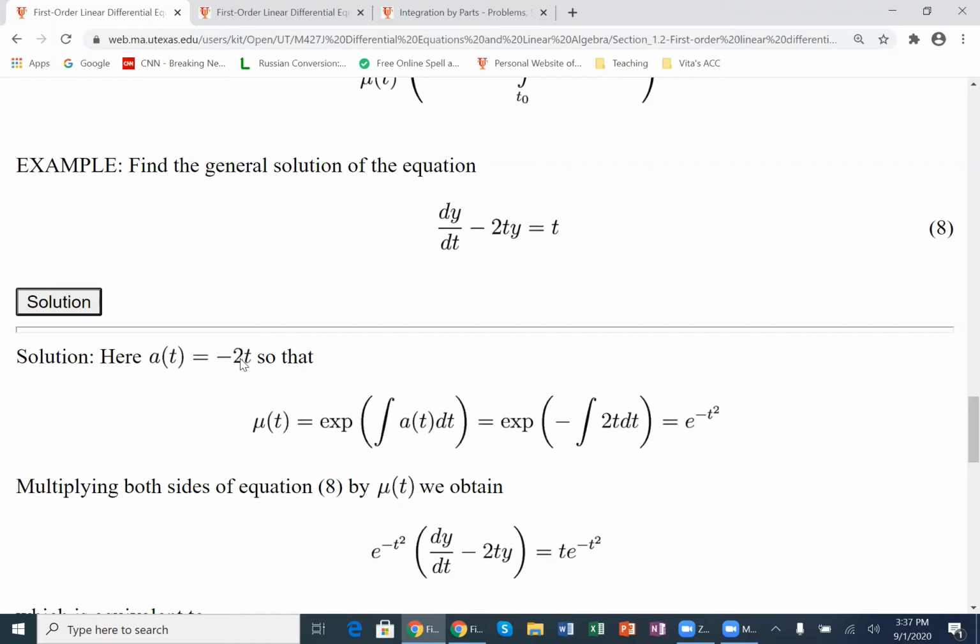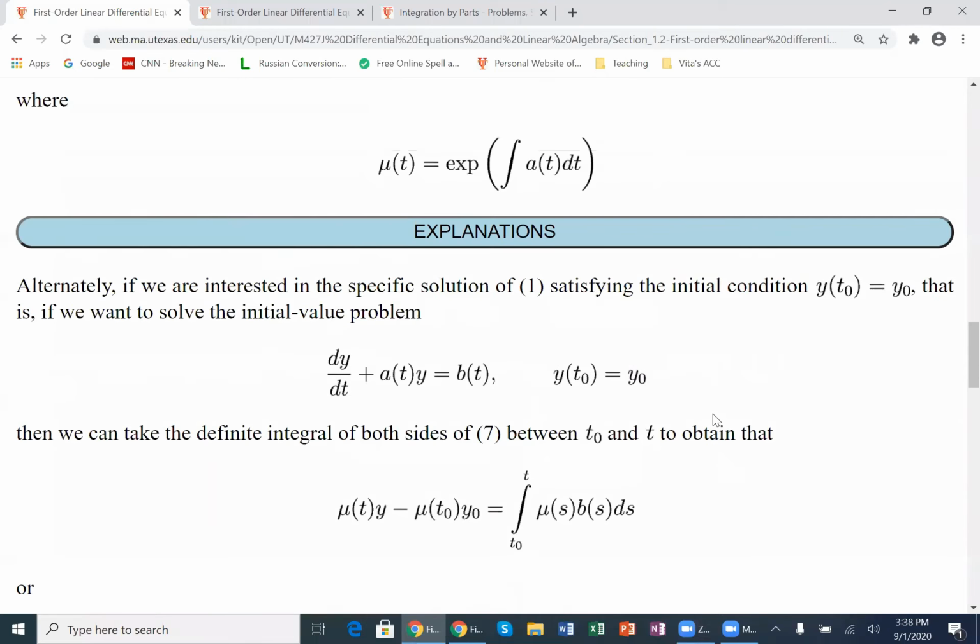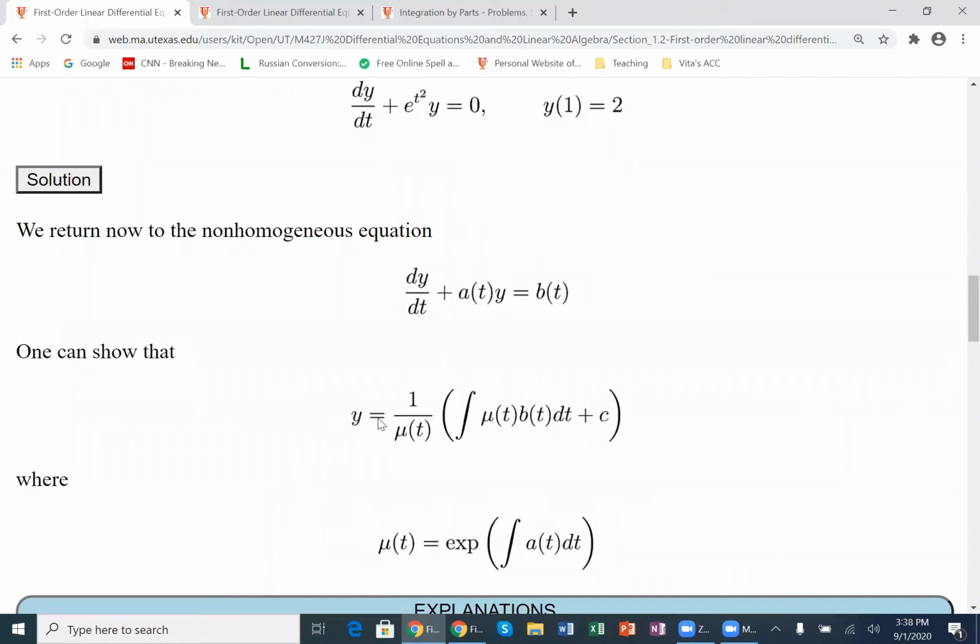Common mistake. Sometimes students forget to put the minus sign. So a of t is not 2t because we have minus in front of the whole thing. So a of t is negative 2t. Antiderivative of negative 2t is negative t squared. Therefore, mu of t is e to negative t squared. After that, either we plug in this mu into this formula and find this integral, or we apply the following